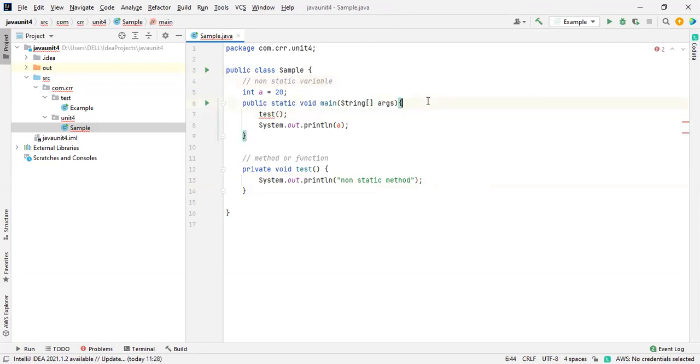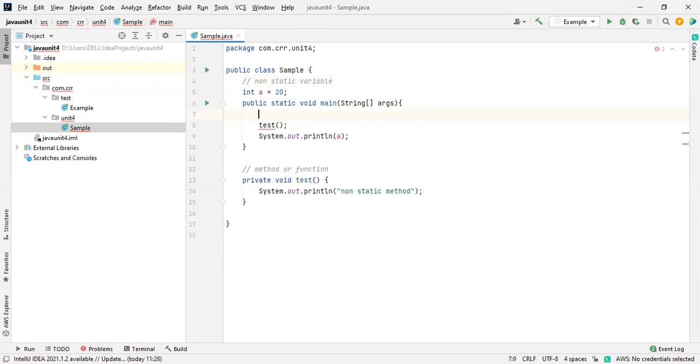So now I'm going to create an object, which will be created inside the Java Virtual Machine, in the heap area. Inside the heap area, we're going to create that sample. The name of the variable is equal to, by using the new keyword, you are going to create that one. Okay. So I just created this. Then by using the reference of the object, like sample dot. So now the error has gone. Why has the error gone?